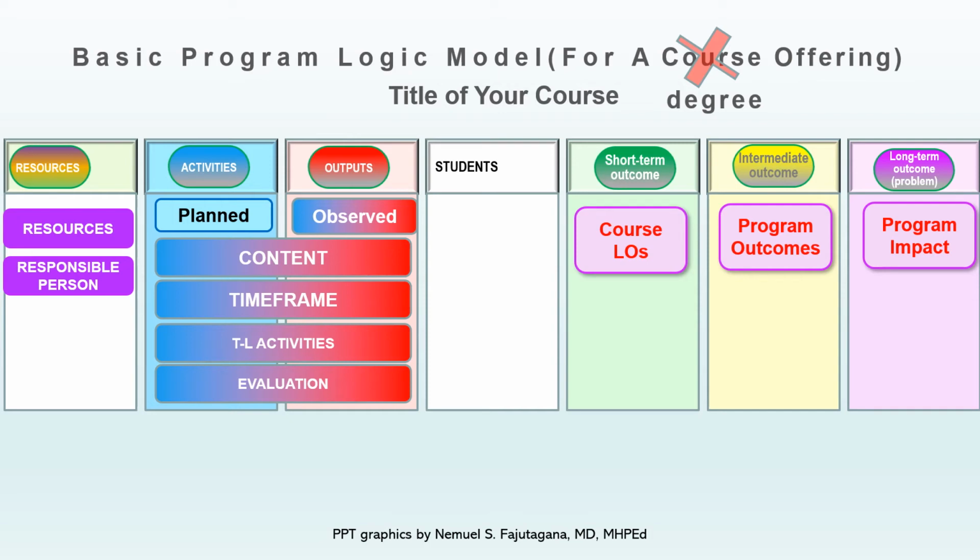So the long-term outcome at this particular point will be outside of the institutional milieu. It will have to be when your students are out there in the open, in the workplace environment. How are they performing? Are they where they're supposed to be? So you can actually just slide back and forth between your outcomes depending on the degree or the levels or the type of evaluation that you want to perform. So I hope this will be able to